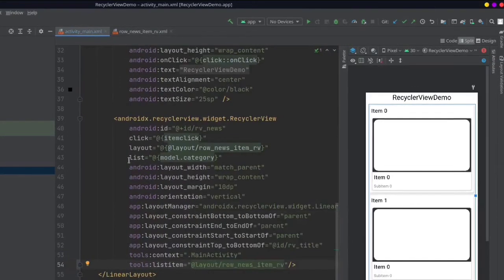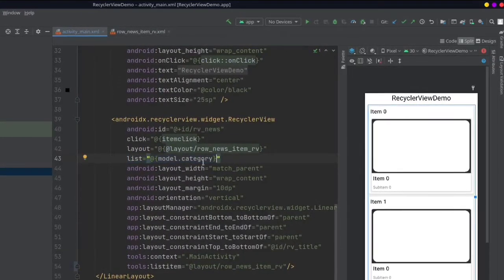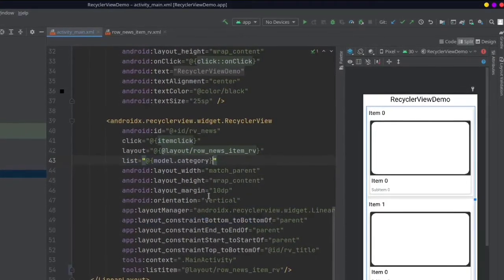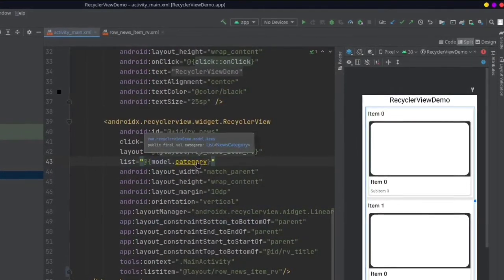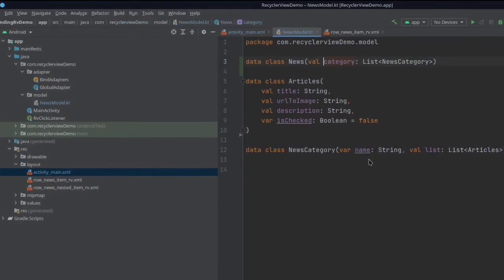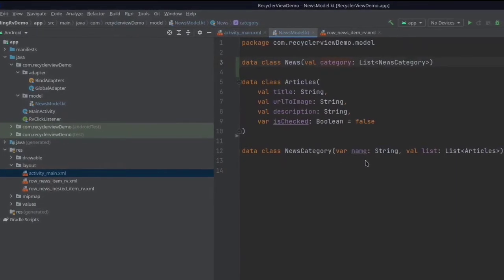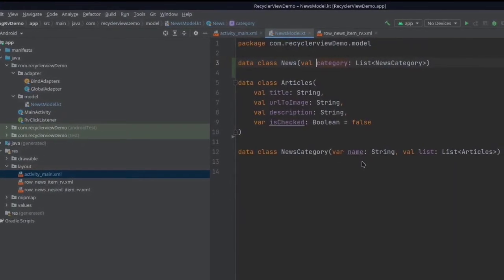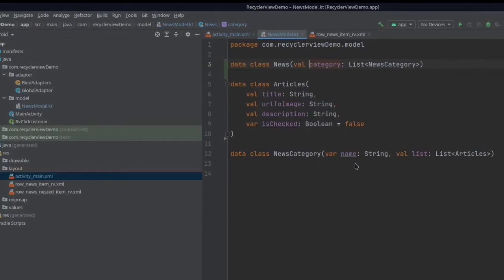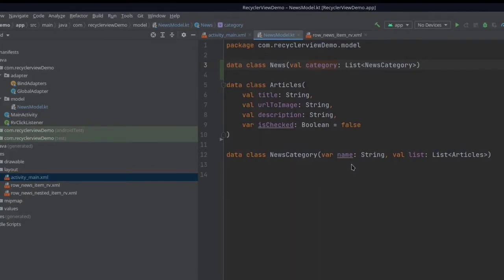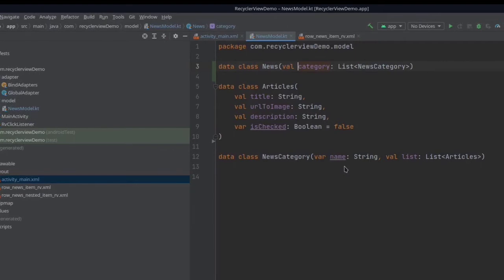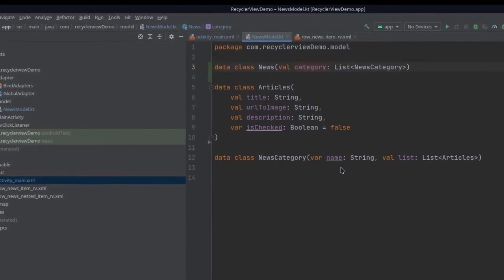Back to our main activity. Yeah, so I'm passing this model dot category. Before we move forward, we should first check out our model so you get everything cleared in your mind. So this is one simple model. We have data classes named news, articles and news category. First, the news class contains a list of news category class, which will have the names of categories in string and then a list of articles.